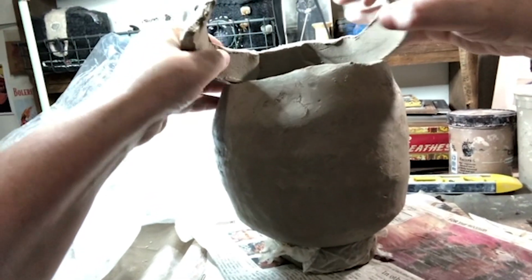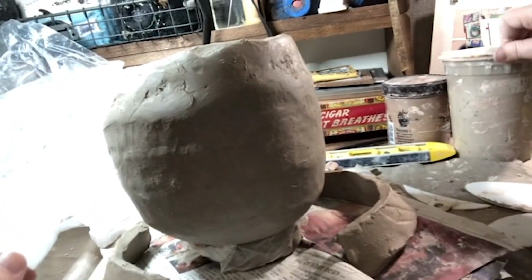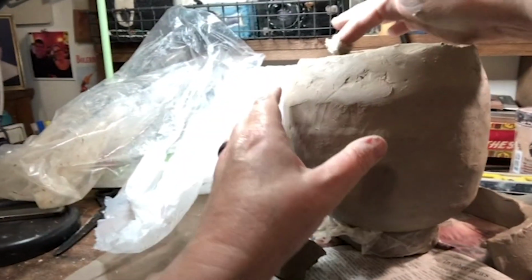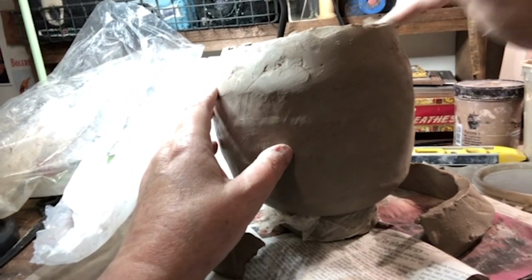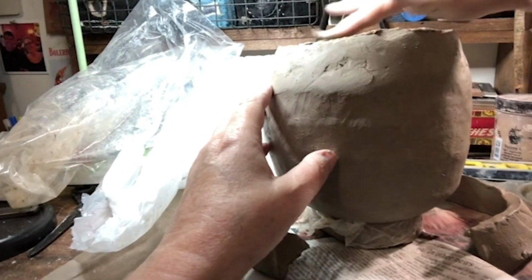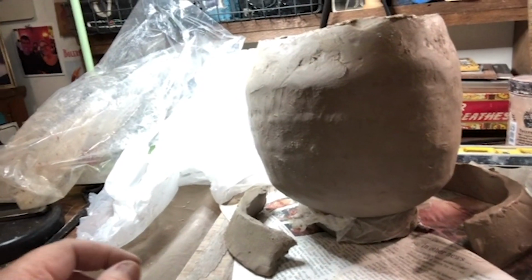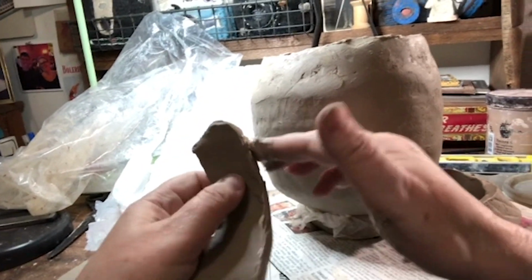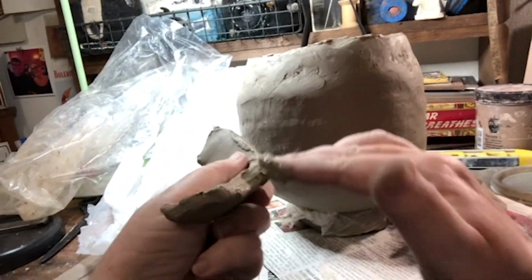So let's go ahead, and I will slip these on video. So you can see that it's not a really mysterious process going on here. Sometimes people feel like that part is a little intimidating. But as long as you have been sensitive to the timing of your clay drying, you should be able to